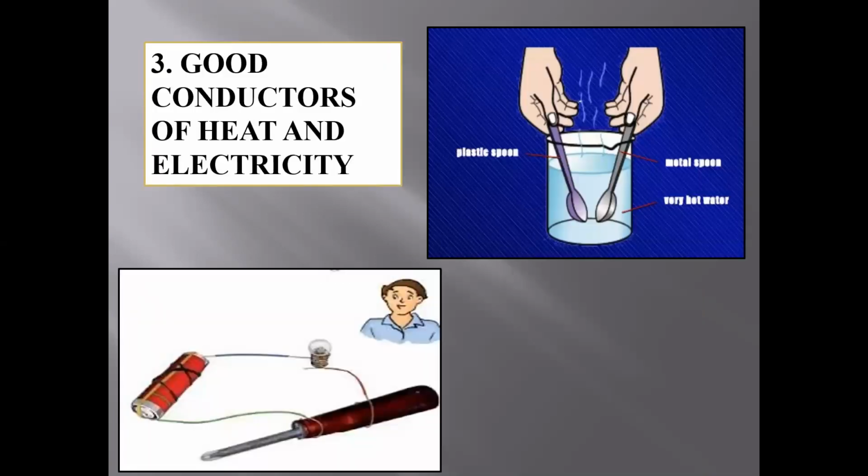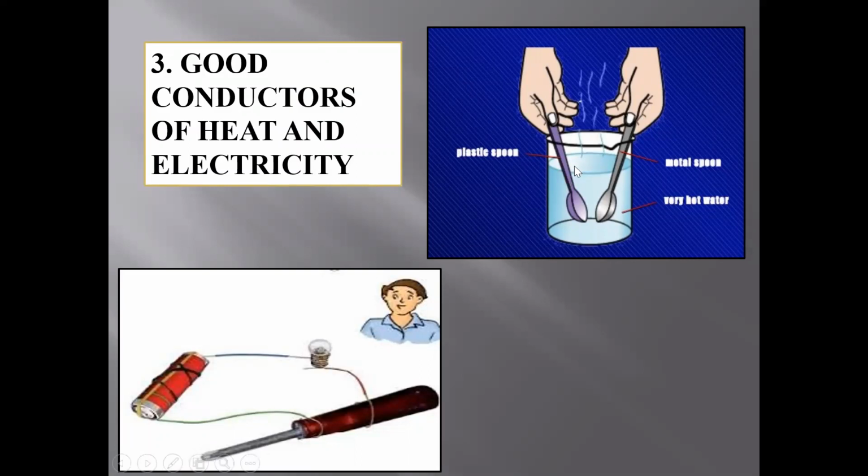Next is metals are good conductors of heat and electricity. One very common example which I have shown over here, students, is suppose you have taken two spoons, one made up of plastic and another made up of a metal. If you dip both the spoons inside very hot water, you will be just holding the ends of the spoon